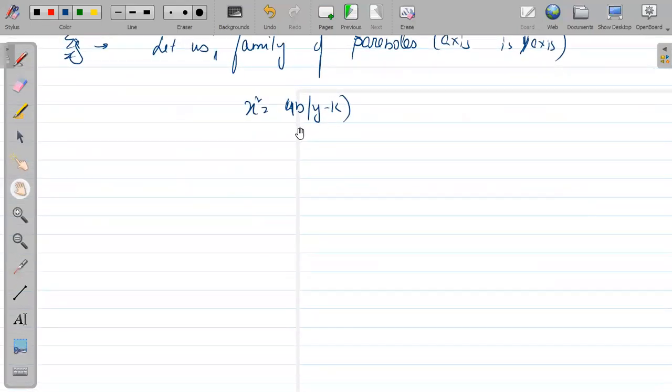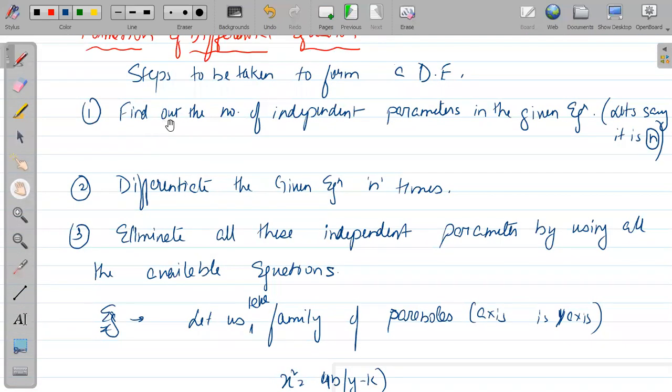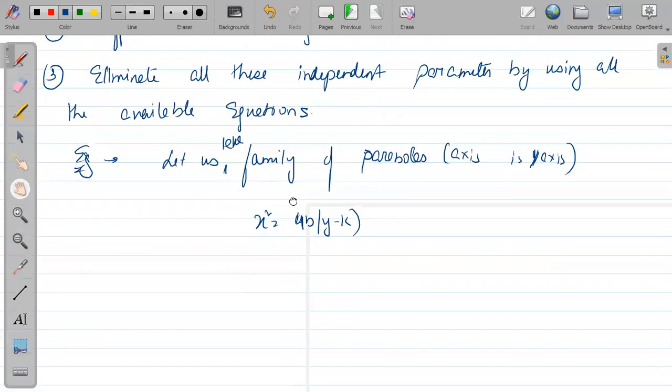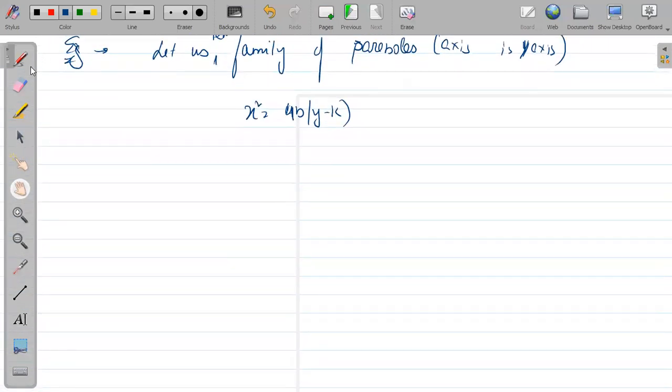ठीक है, तो हम कैसे करेंगे भाई? कितने parameters? Already how many parameters are present? We have to look the first step. पहला step देखते हैं. Number of independent parameters b and k. Parameters which are not variables. B and k are the parameters. Differentiate 2 times. आंख बंद करके 2 बार differentiate करना पड़ेगा. With respect to x we are differentiating, or with respect to y also you can differentiate. It's up to you, it's your choice. वहाँ पे independent dependent कुछ बोला नहीं गया है तो you can do anyway.